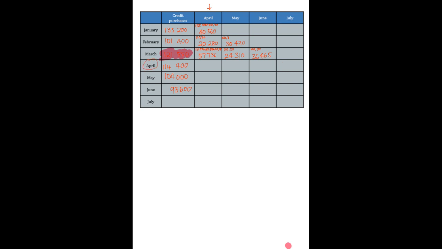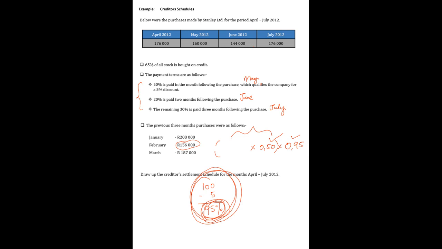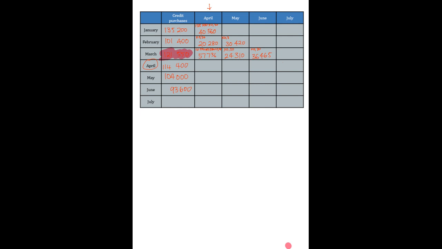114,400. So of this 114,400, the first one, the 50%, you're going to say 114,400 times 50%, and then further to that, you're going to multiply by 95% because of the 5% early discount. So that's going to be 114,400 times 0.5 times 0.95. So that is